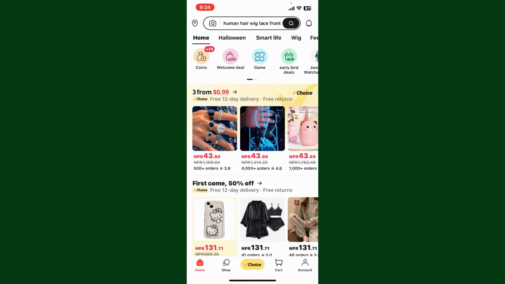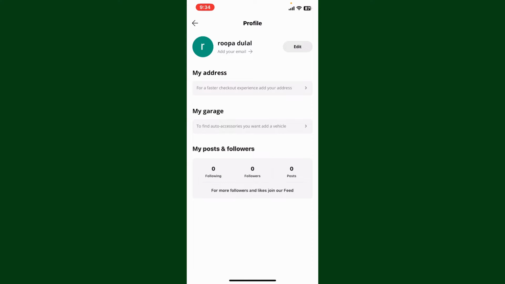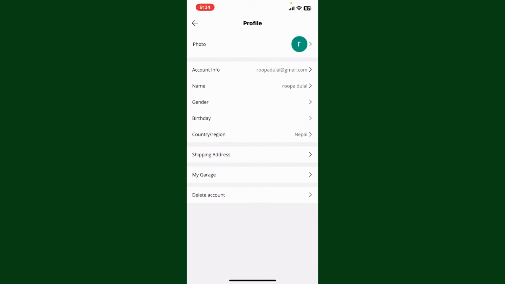After you are in the main homepage of AliExpress, tap on your account button at the bottom right hand corner. Now, tap on your username at the top left. This will then open up your profile page. Tap on Edit right next to your username, and then at the very top, you should be able to see